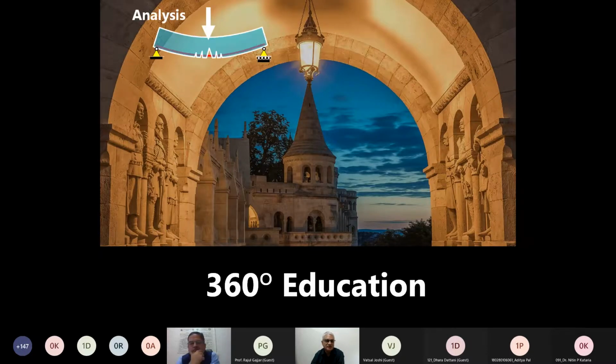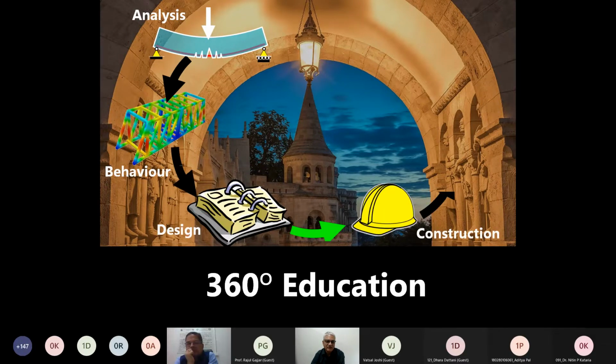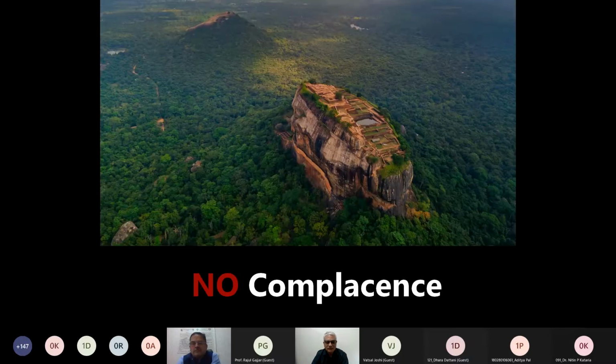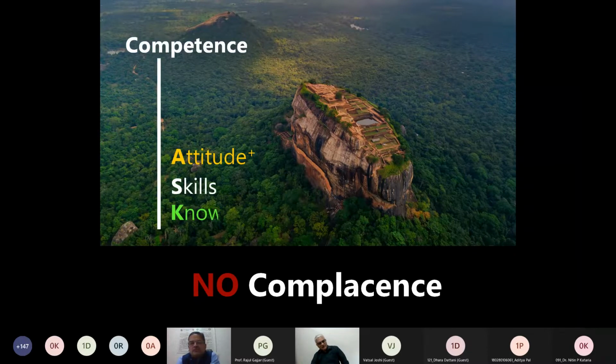360-degree education is what we must offer to the students: analysis, behavior, design, construction, maintenance, and retrofit. If a teacher by the end of the career is able to do all these, then the teacher has lived a fulfilled life and can share with the students a very thunderous experience of going through technical education. There's no place for complacence. It's time for us to understand that competence is where the game is, and positive attitude will come and play